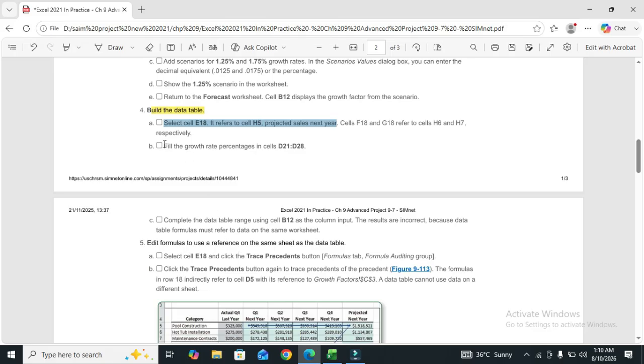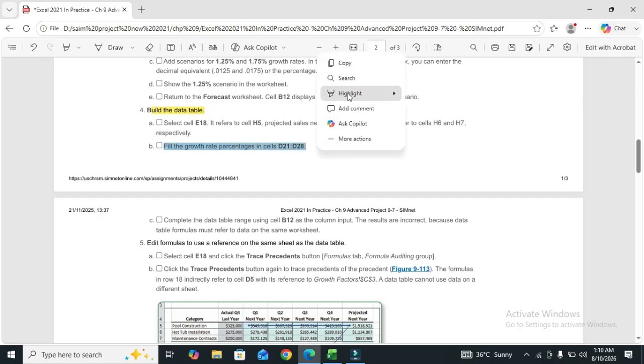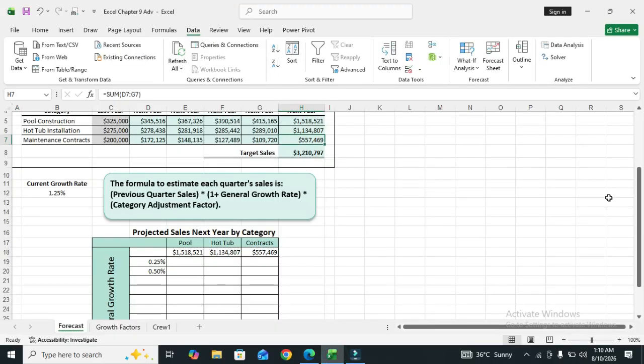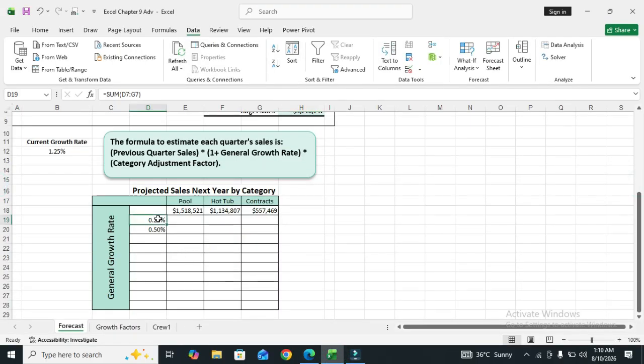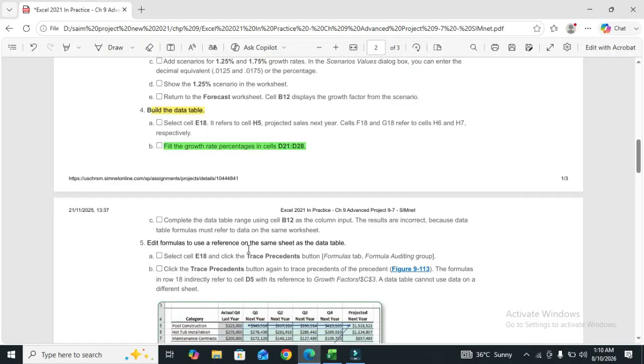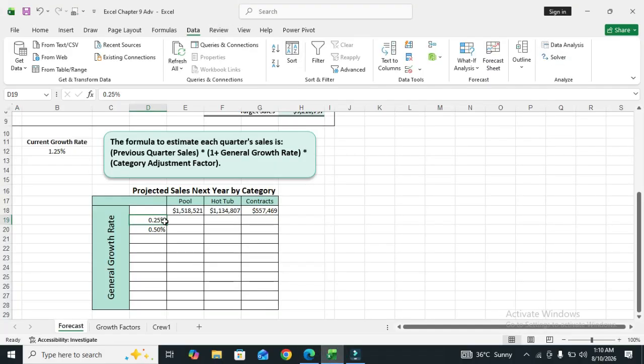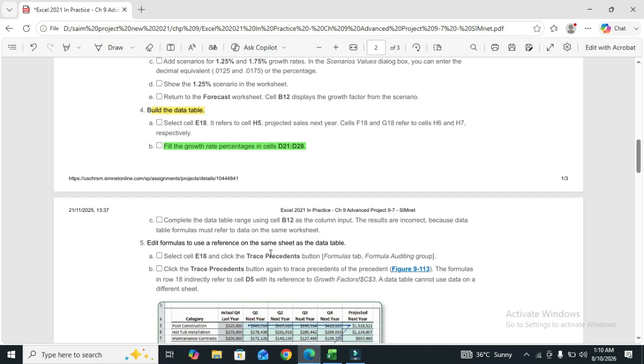So we move to part B. Part B: fill the growth rate percentages in cells D21 to D28.